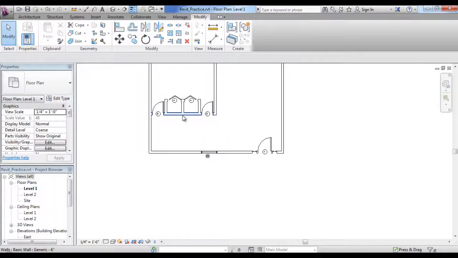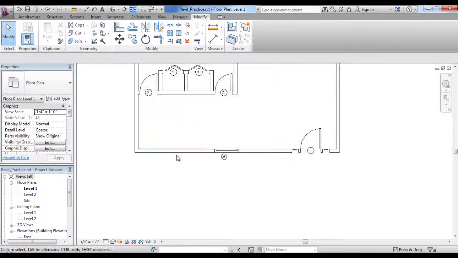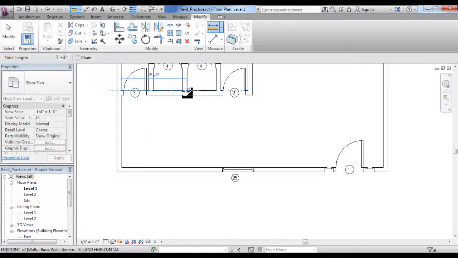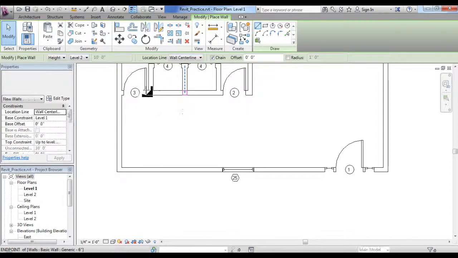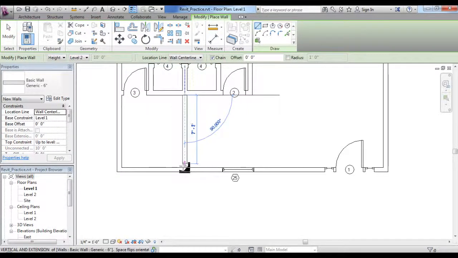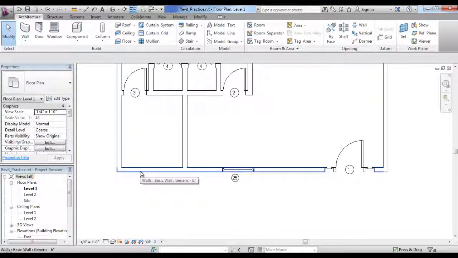Let's go ahead and see about making our bathroom. Let's do some measuring. I think this is wide enough for a bathroom. I think that it probably is. Yeah, okay, so we're definitely big enough for a bathroom there. Let's go with wall. And we're all set up for wall on center line. We're going to do it again, same thing, just going to keep this whole thing going, okay? All right, and then we're going to place another